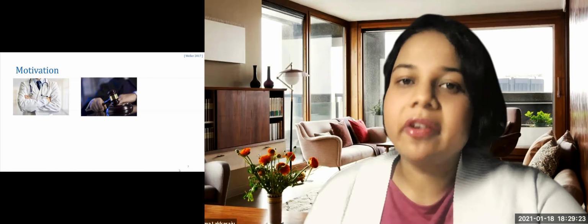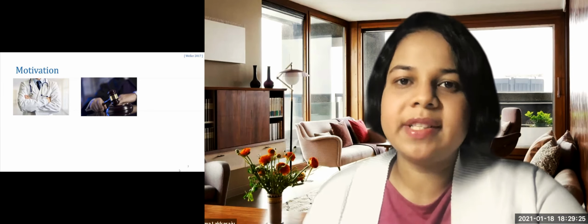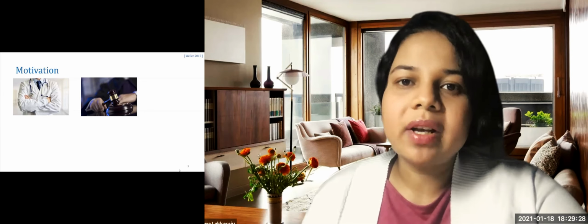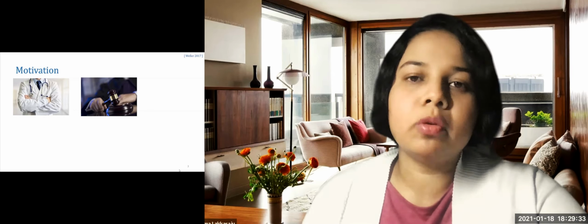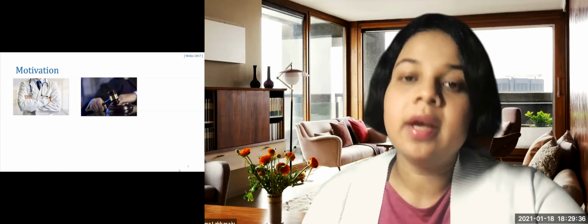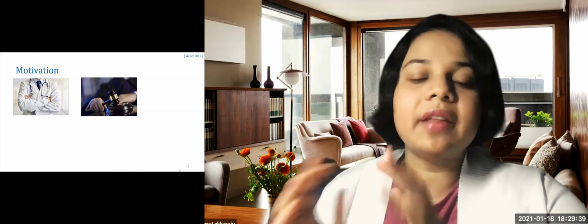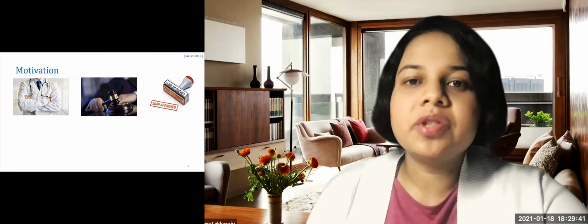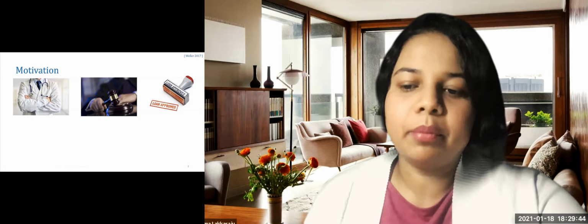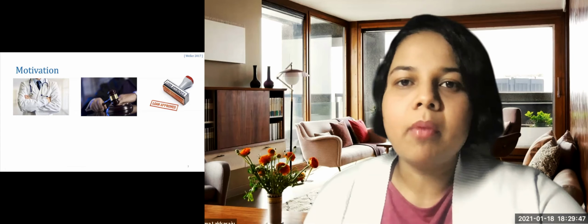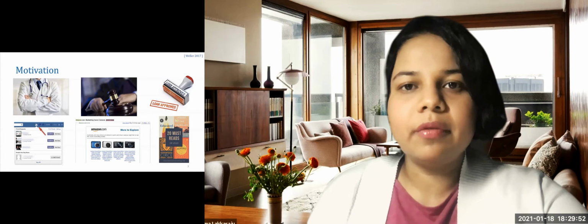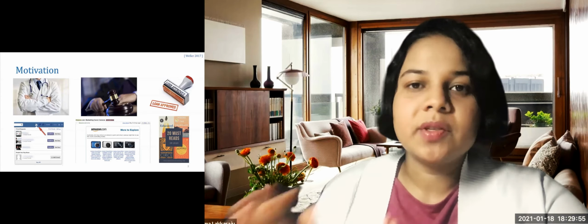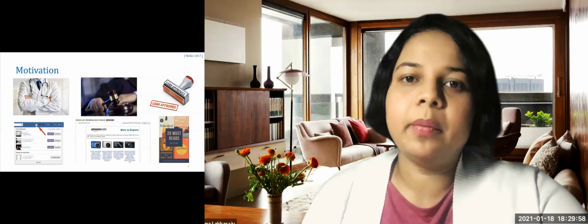In the past decade or so, machine learning models are being increasingly used in a variety of real world applications. For example, these models are being used to assist decision makers like doctors and judges in domains such as healthcare and criminal justice. These models are also being used in other domains such as financial lending to determine which applicants get their loans approved. In addition, machine learning models are powering several popular online platforms, including Amazon, Facebook, Goodreads, and many, many more. So basically, machine learning is everywhere today.